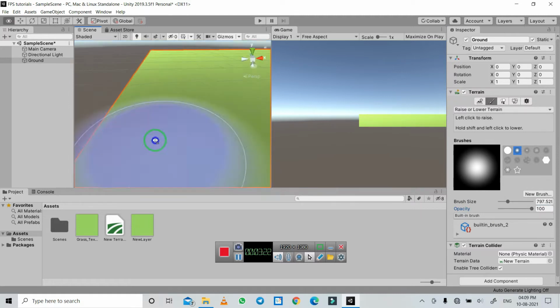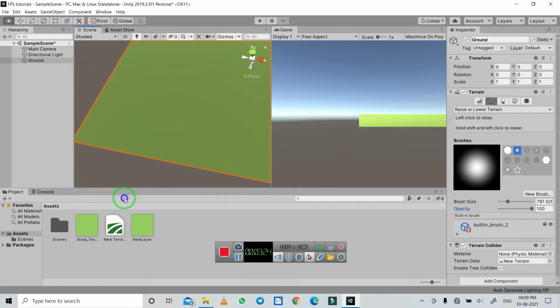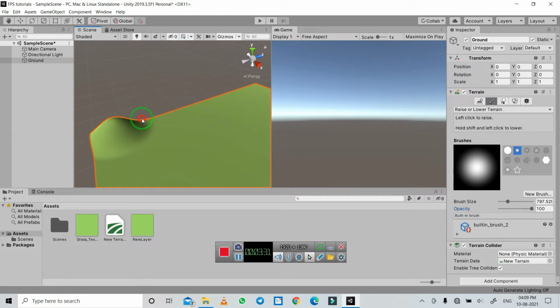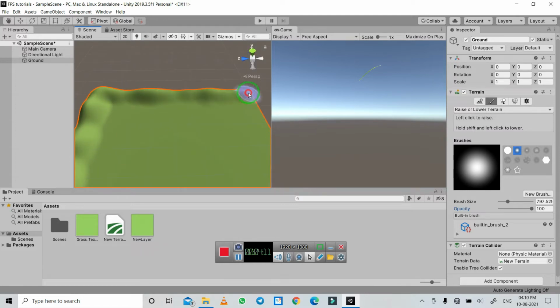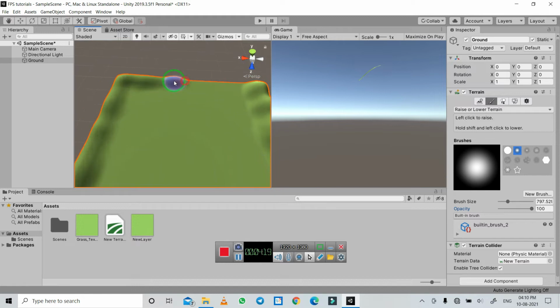So I will create a border so that the player will not be able to see what is going on at the other side, right? So for this I am just clicking left click to raise and hold shift and left click to lower.